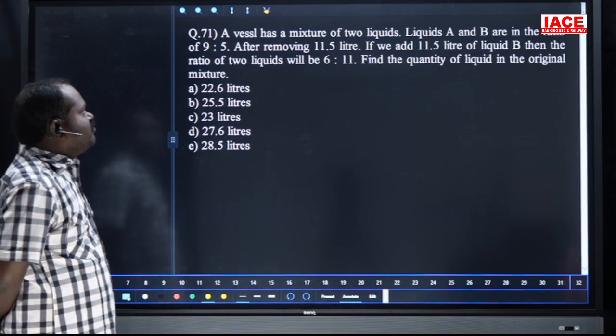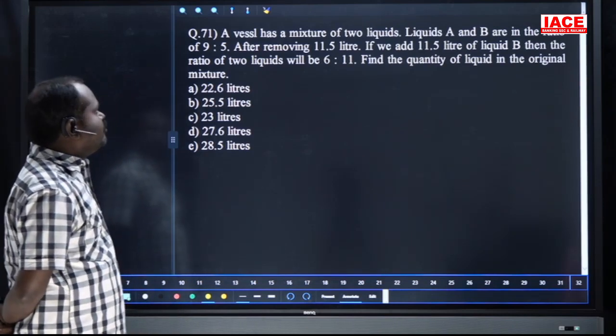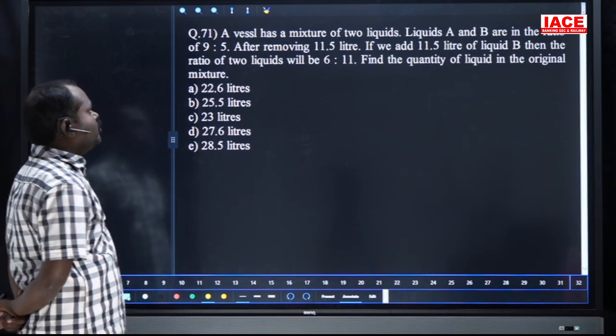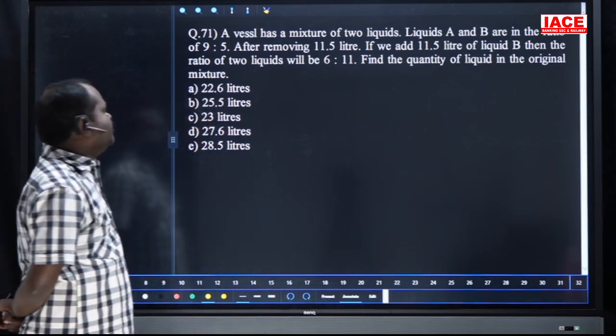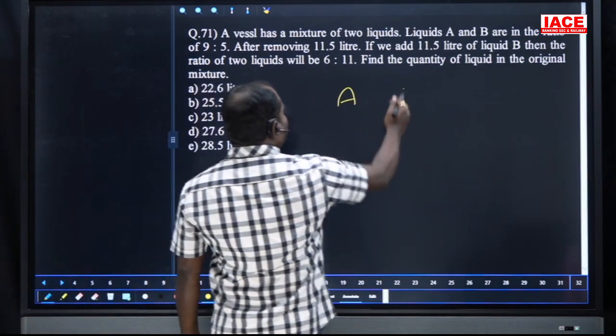Next. A vessel has a mixture of two liquids. Liquids A and B are in the ratio 9:5. After removing 11.5 liters, if we add 11.5 liters of liquid B, then the ratio of the two liquids will become 6:11. Find the quantity of liquid in the original mixture. What is the original? Initially A and B are in the ratio